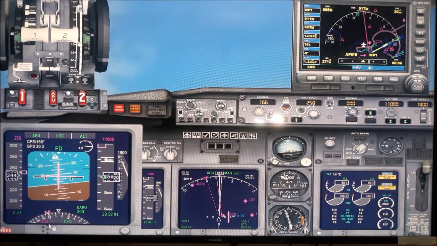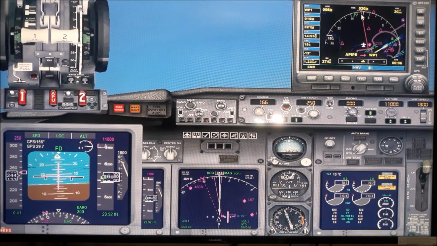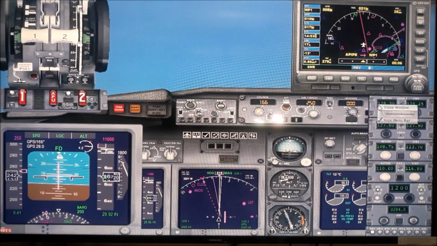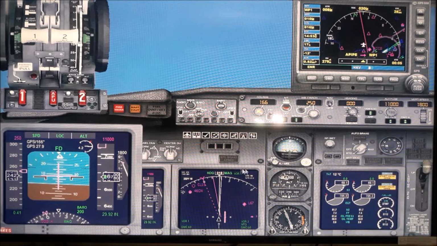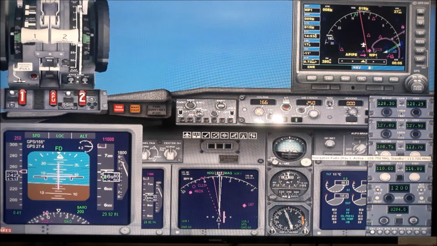Now we have climbed to 5,800 feet, climbing up to 11,000, and the plane is more or less capturing the planned GPS route. Did we set it? Okay, we set it to 108.75. This is the radio. This is the ILS which is required, which I had set up earlier, which you have seen in the chart I gave previously.